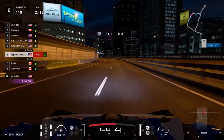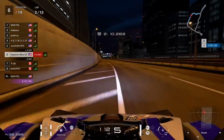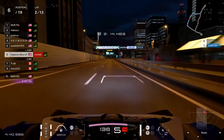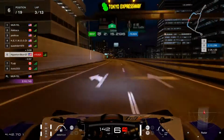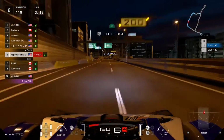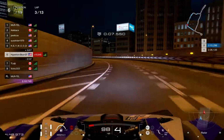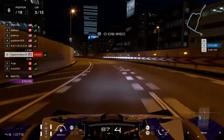And looks like Quad Rider 1979 is going in to overtake on Haywood. Haywood is about to defend the position, and now he is going in. Quad Rider is taking on 4th place, folks. He is going in to take one overtake. Will might be able to stay on track, and then looks like